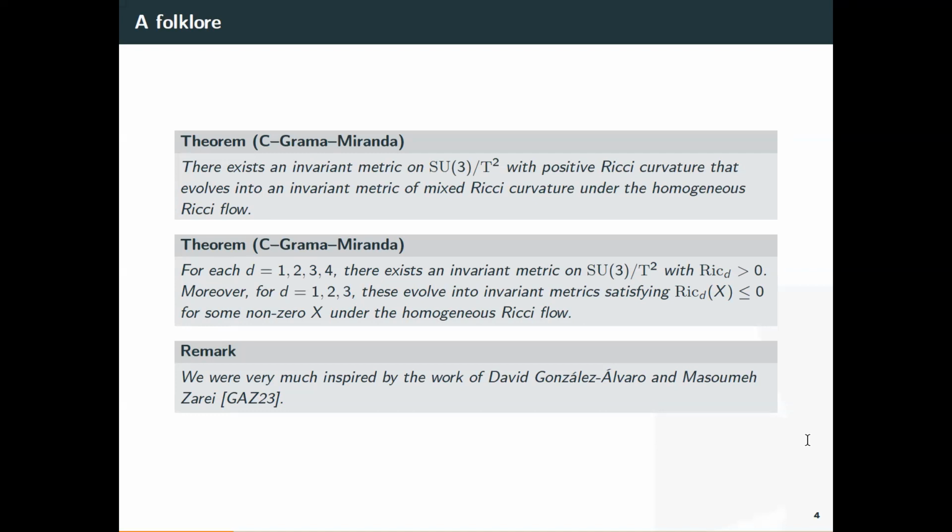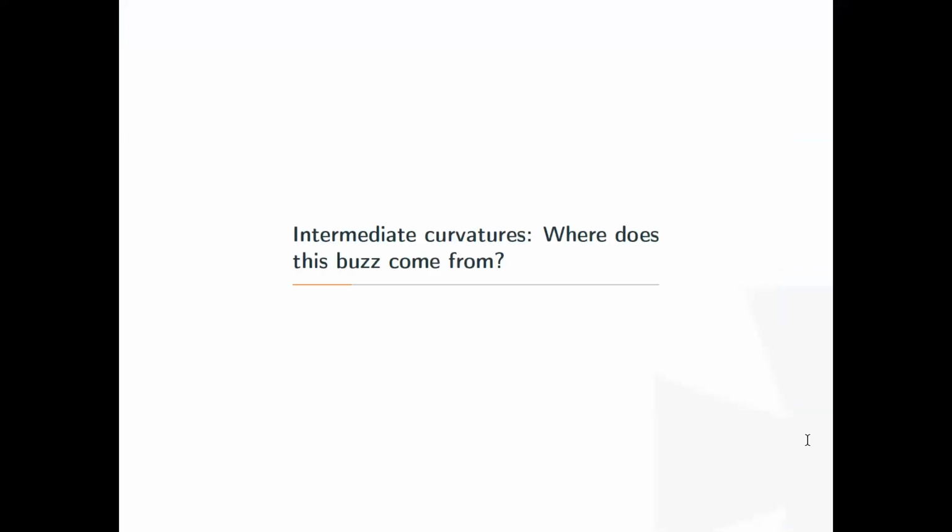But I should mention that in the work of David Gonzalez Alvaro and Masoumeh Zadi, they studied some flag manifolds that are generalized Wallach spaces. So they do not approach this kind of 6-dimensional homogeneous space here. And based on some results of Lawrence Mouille, Miguel Vasquez and David, they studied the existence of metrics with positive intermediate Ricci curvature on this kind of Wallach homogeneous space, and then showed that the curvature properties are not maintained, among other things, very general results under the Ricci flow. Okay, so let me explain.